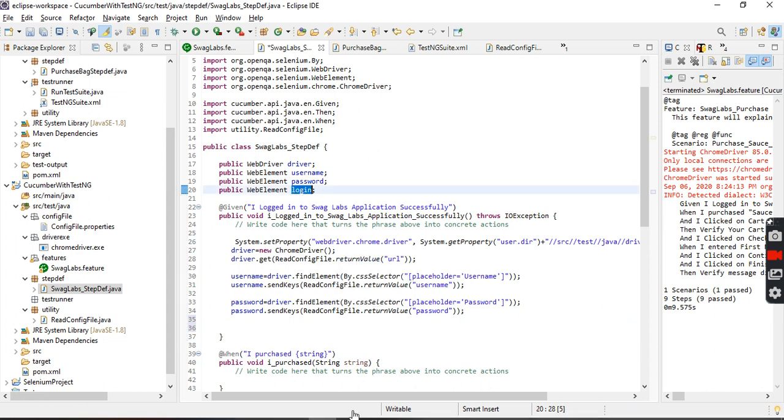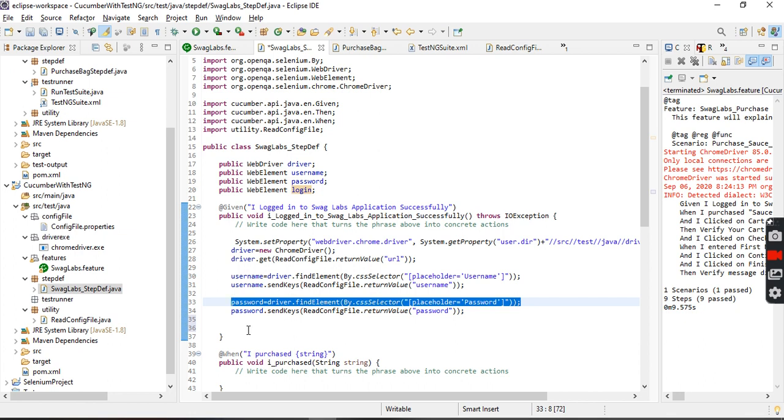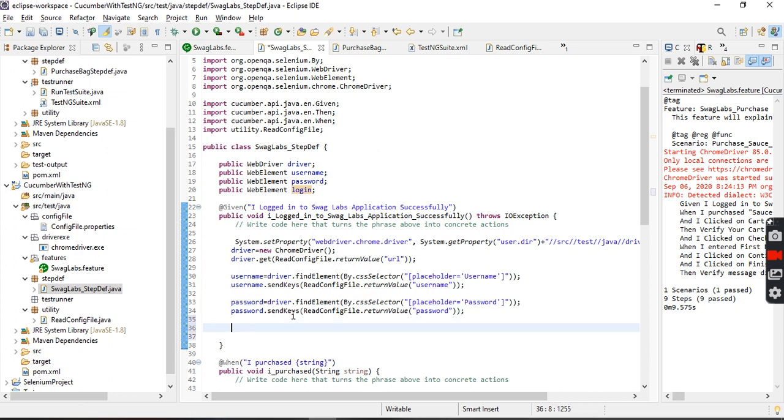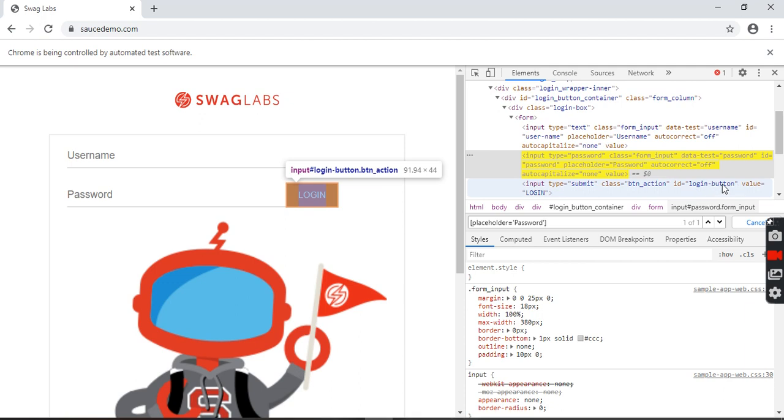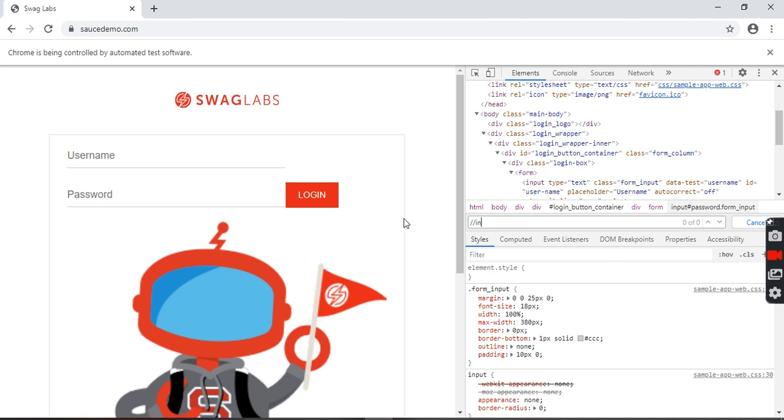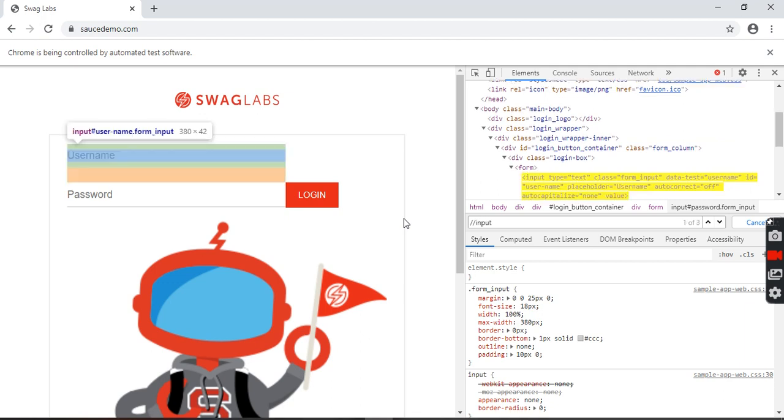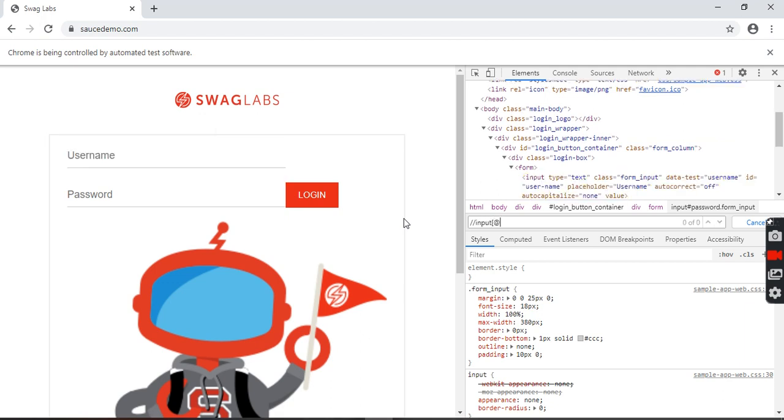How to click on the login button? Same way. Copy paste here. Login. How to get it? This one. Input, at values equal to login.